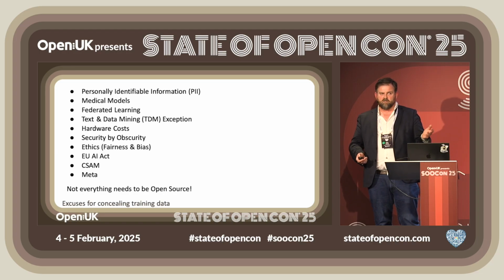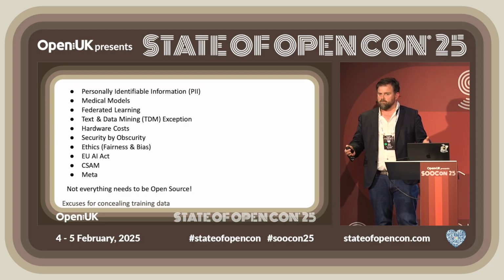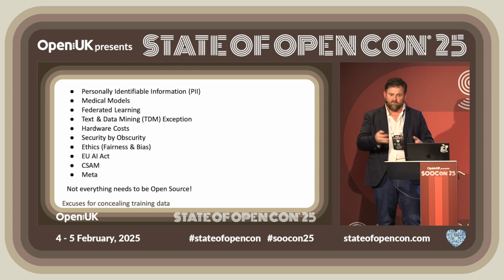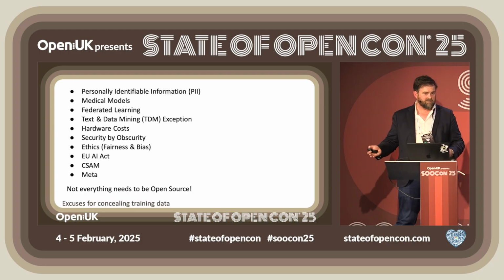Text and data mining exception allows you to use data on the internet for certain study for science, but it doesn't give you the ability to then reproduce content. So if you train it and then the model goes out and starts printing Mickey Mouse, right, you've basically just released a zip file of Hollywood content and somebody's going to get sued. It might not be you as the vendor, but somebody's going to get sued.